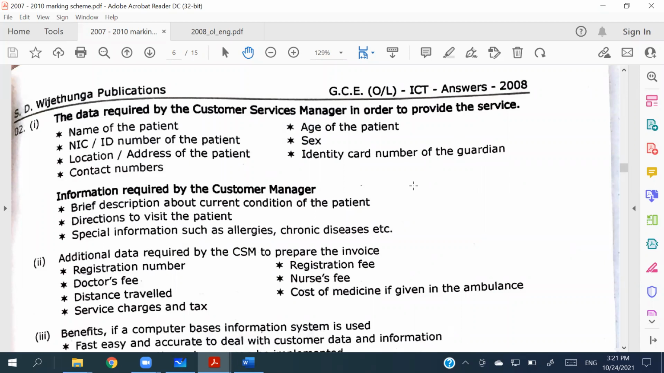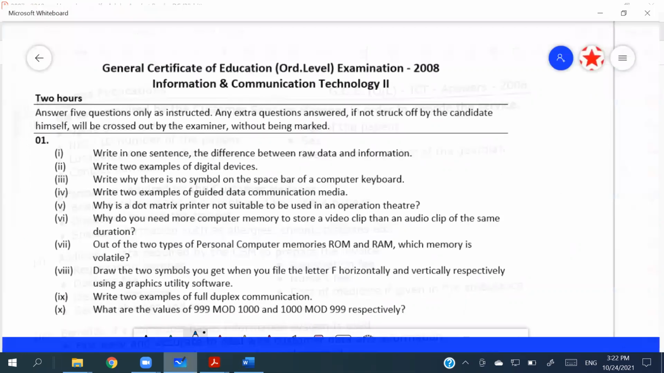Right? And information required by the customer manager: brief description about current condition of the patient, direction to visit the patient, special information such as allergies, chronic diseases, likewise. Right? So according to the question,